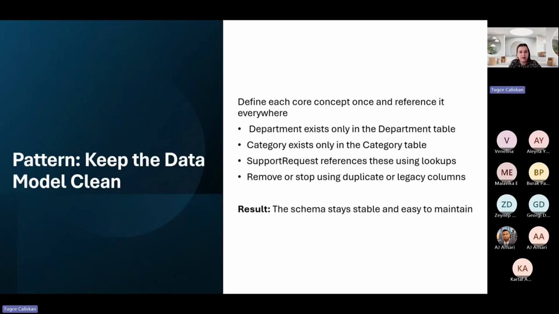The pattern to this is to keep the data model clean. Let's say we have department, which might exist as department, support department, department name. Over time, our automation and reporting will not know which one to trust, which one to work with. The fix is to store something in one place only: department exists in the department table, and the support request references it as a lookup.